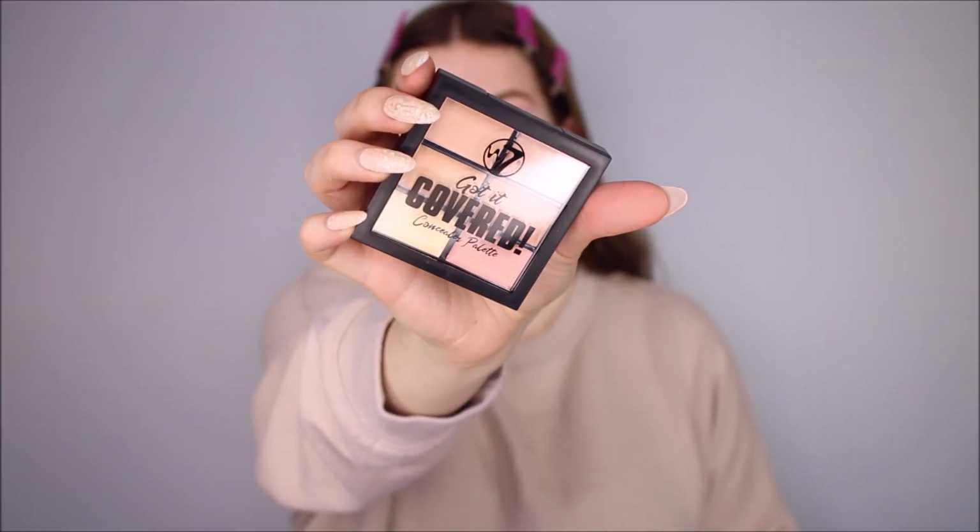Okay, so I have both the brows on now. I must say I don't really know what to think of these brow products. I will definitely have to try and use them again, because maybe I just need to evolve my technique. But so far I'm not super impressed, because I feel like they don't cling well enough to my skin or the hairs. I'm going to use this W7 Got It Covered